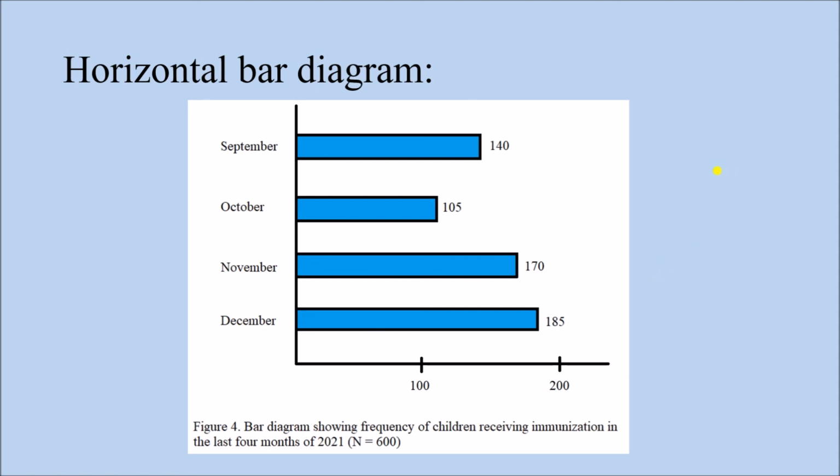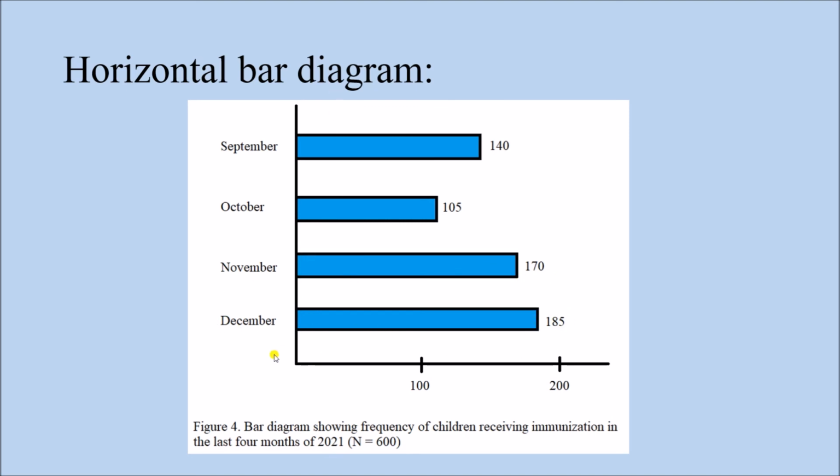But as you can see, the orientation of the bars is different. Rather than having vertical bars, we have horizontal bars. So that is why this is known as horizontal bar diagram. This is not very commonly used, but you will come across many articles, many documents showing this kind of bars. This is an example where the frequency of children receiving immunization in the last 4 months of 2021 are expressed. So total 600 children, out of them 140 children received vaccination in September, 105 in October, 170 in November, and